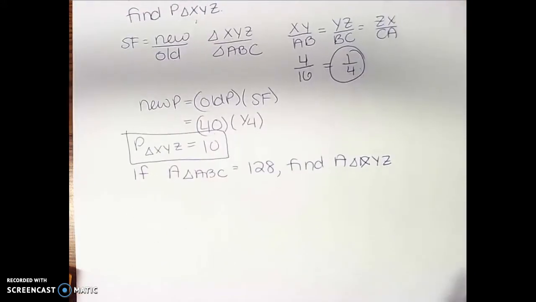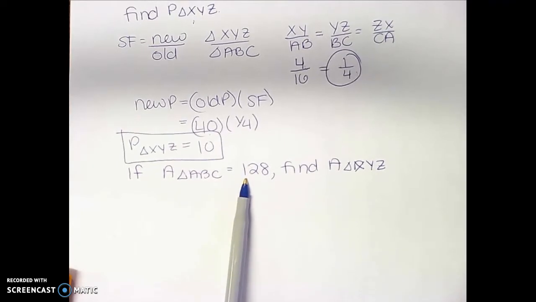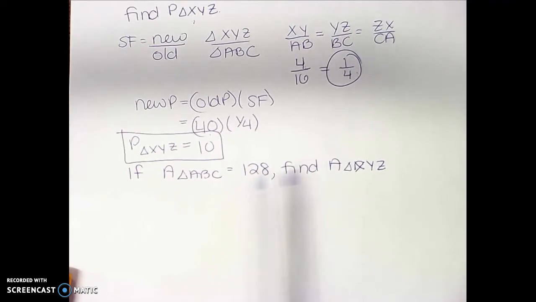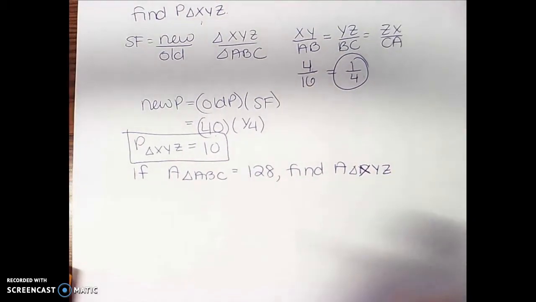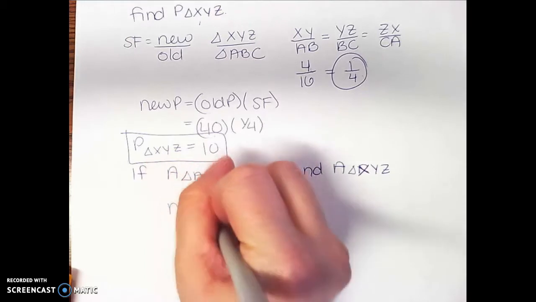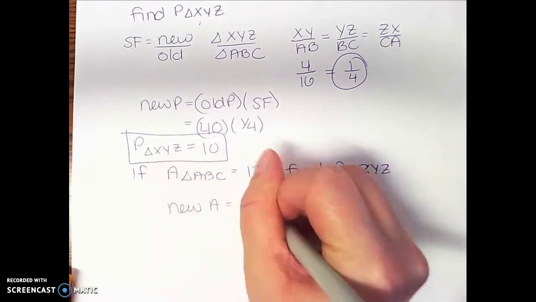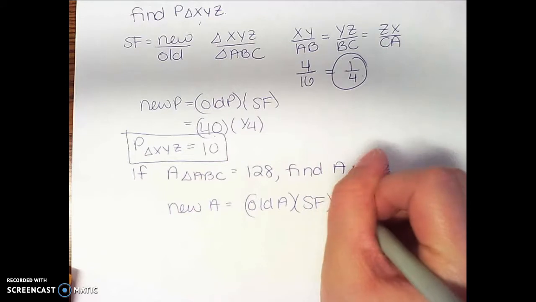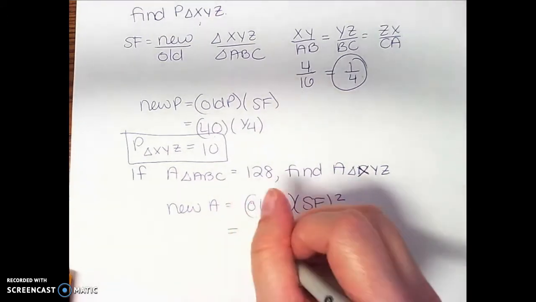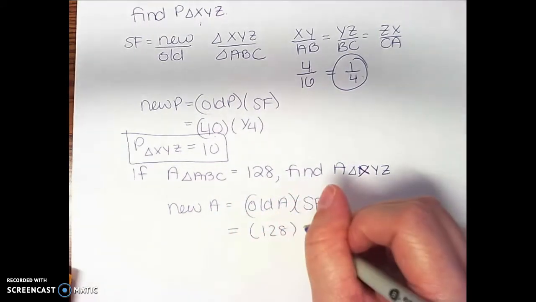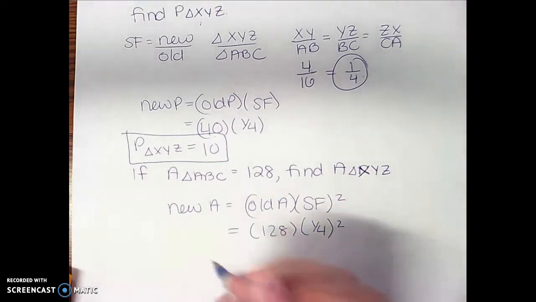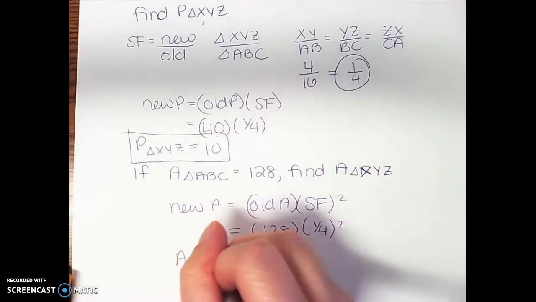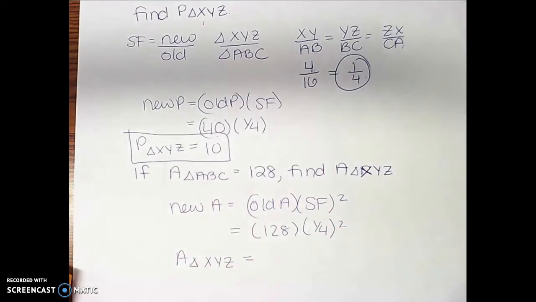All right, let's try area. Again, I give you the area of the old triangle, ask you to find the area of the new triangle. This is X. Okay, I still need to know my scale factor. My new area is equal to my old area times my scale factor squared. So if my old area is 128 and my scale factor is 1/4 squared, then my area of triangle XYZ, that's my new triangle, is equal to 128 times,